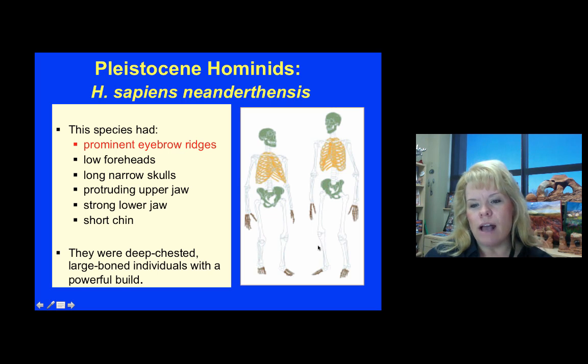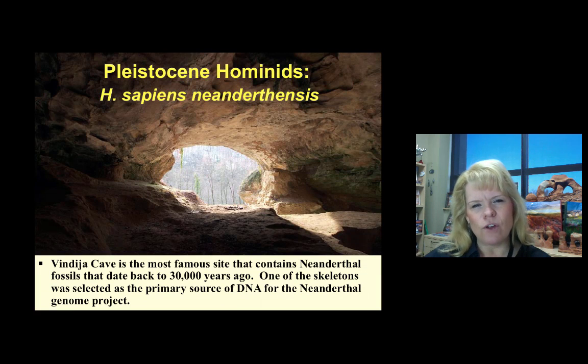So look at the builds of how we are. We were actually built for migration, running long distance, walking long distances, and notice that our chest looks different from theirs. Theirs is broader. So that chest cavity is going to be used for sudden bursts of energy, probably ambush hunting. So think about the different traits as you look at these humans and begin to compare them in your lab, and see if you can correlate how and why they're different.